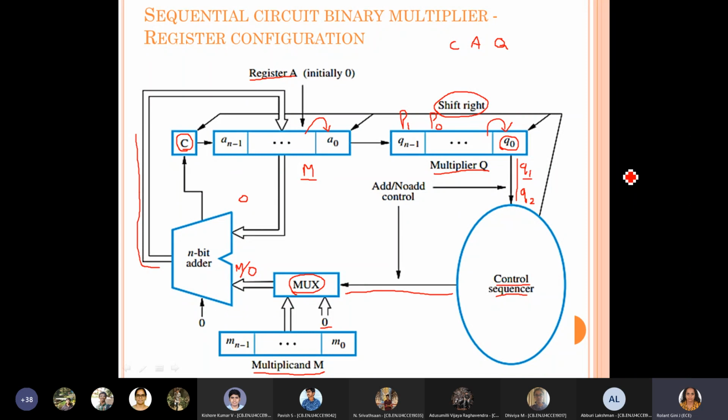Only the current relevant information needed for processing, we keep there. The remaining information we take out. If you want to display immediately, you will display it. Otherwise, you will store it in the memory, and whenever required, you will take it and display the results, or use it in the next stage of calculation. Clear?